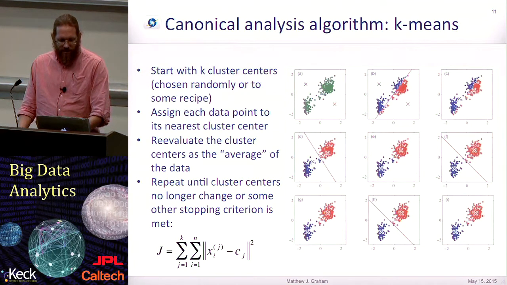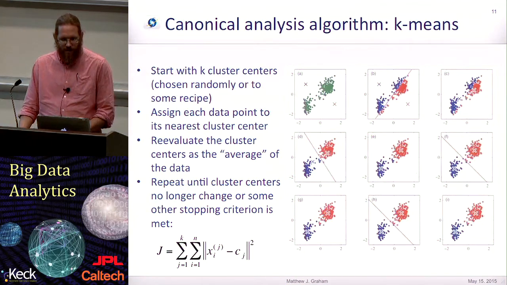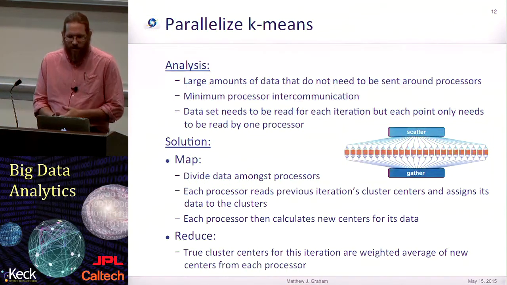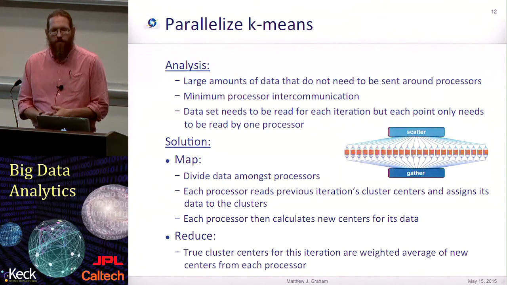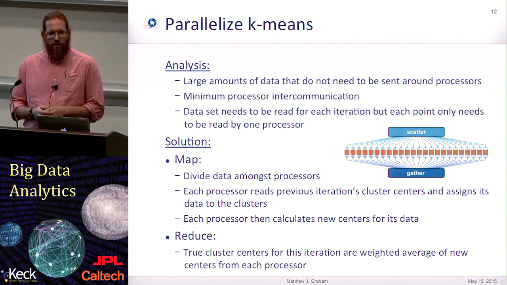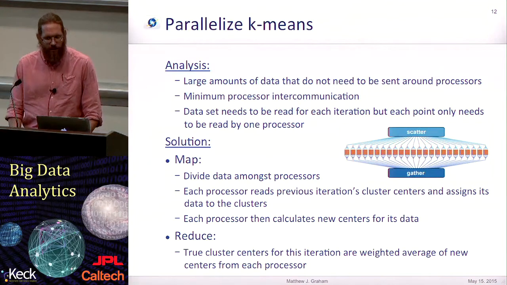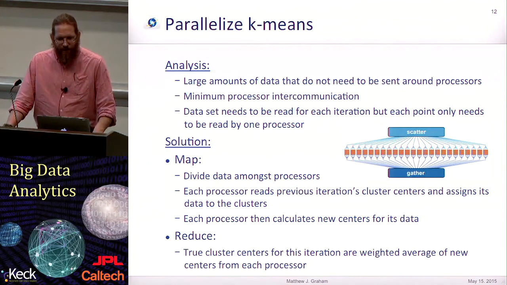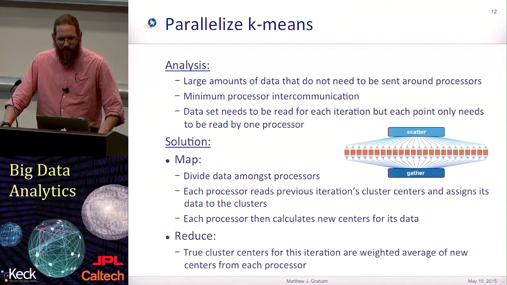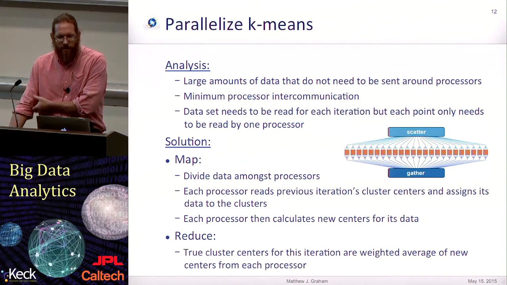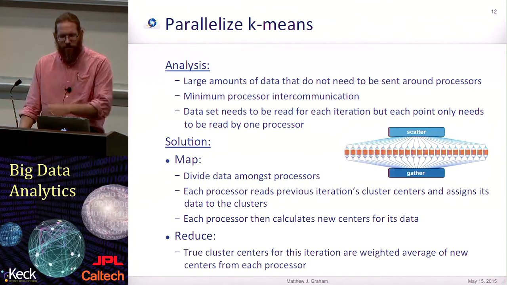So the first question is, can I convert this into something that's parallelized, so that maybe I don't need to wait a long time on a single core? I can throw it against the 100 or 1,000 cores I may have available to me on a cluster in my basement and reduce my computation time for doing my clustering by that amount. If you have large amounts of data that don't need to be sent around to processors, this works. You can also think about k-means that if you're doing the same thing on each processor, there's minimum interprocessor communication,